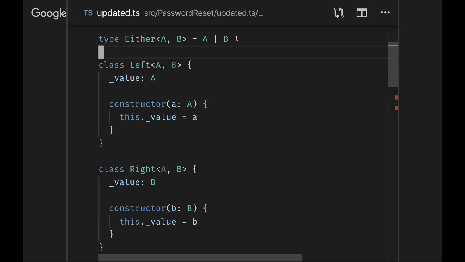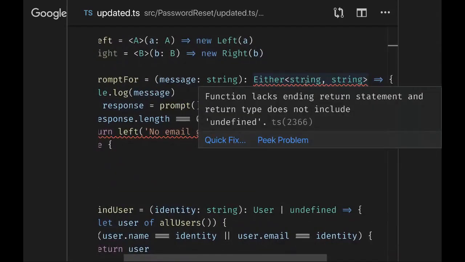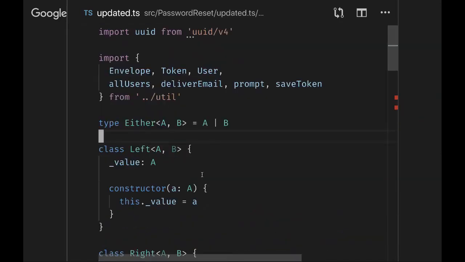That's what we want. Part of the problem is that sometimes, like in this case, we are using a string to represent both the error type and the response type, and so just saying string or string is not enough for us to know whether it's an error kind of string or a non-error kind of string. So we need some kind of wrapper to distinguish between the two.